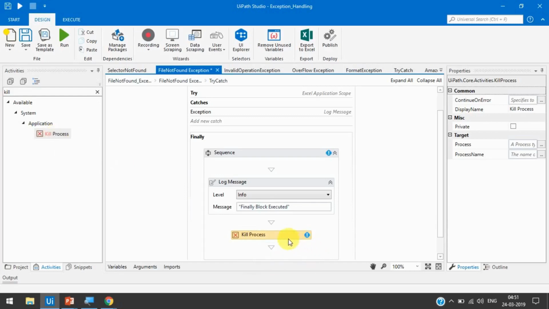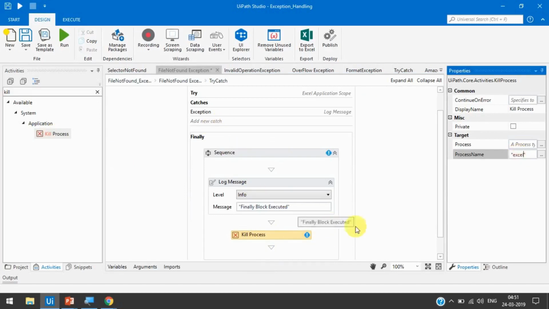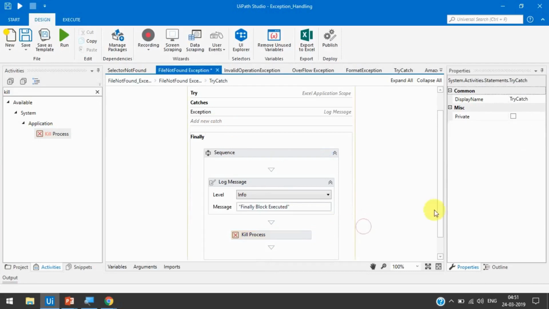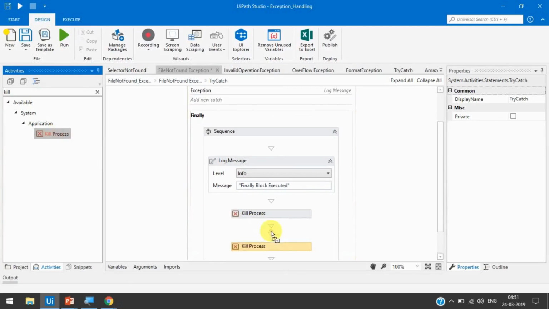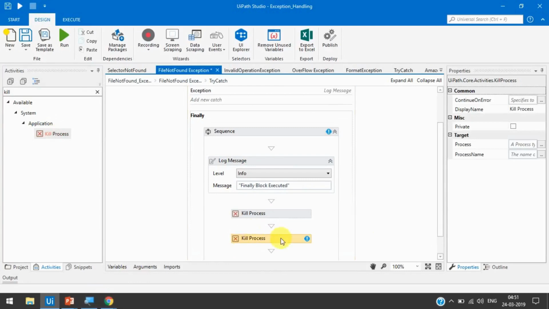So let's suppose we are using the kill process to close the Excel file, because we have used the Excel file. Now we are just closing the Excel file at the end of the project. Now let's suppose we have used one Chrome browser. Then we can also, in double quotation, write code to close this process here.